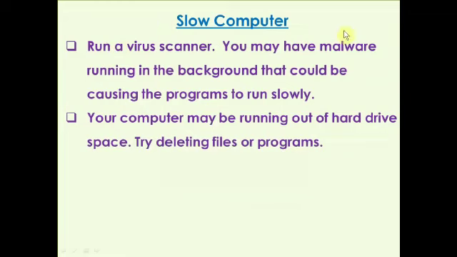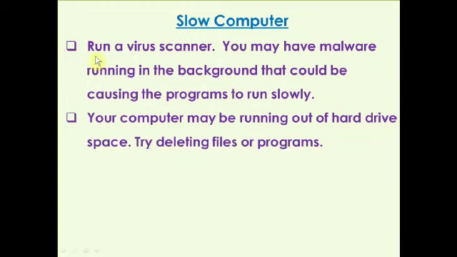Then if it is a slow computer, we know that suppose you are typing something from the keyboard and you find it is not appearing on your monitor, you say it is a virus. Generally for a slow computer, the first thought is that it is a virus. A virus enters into our computer.